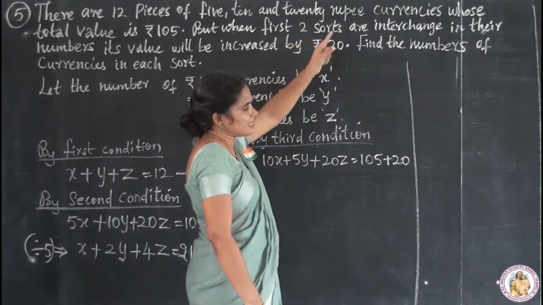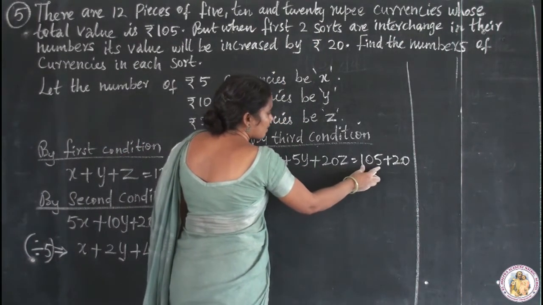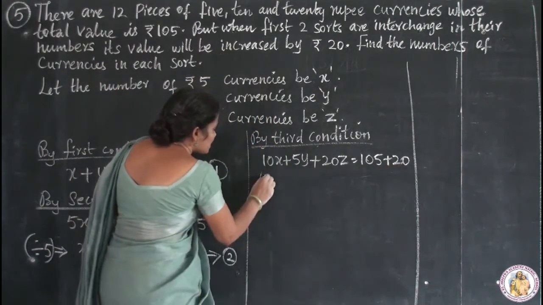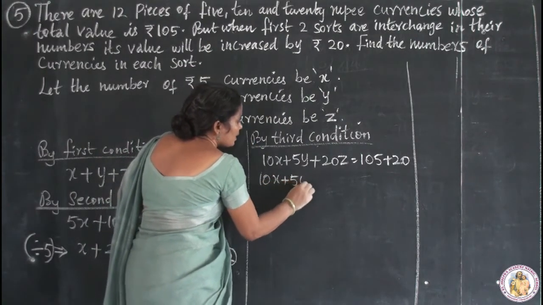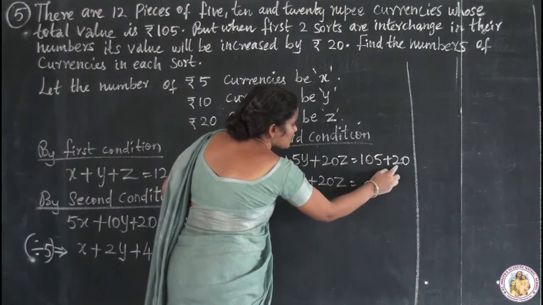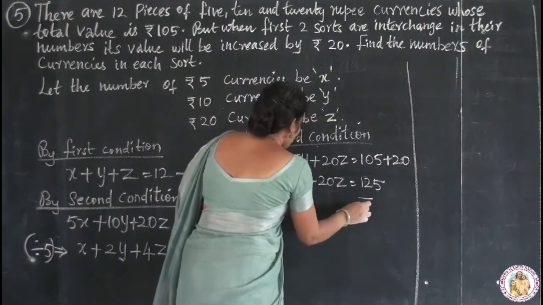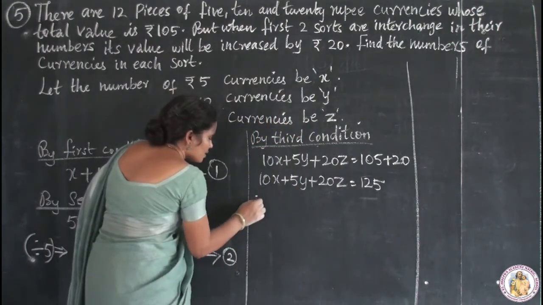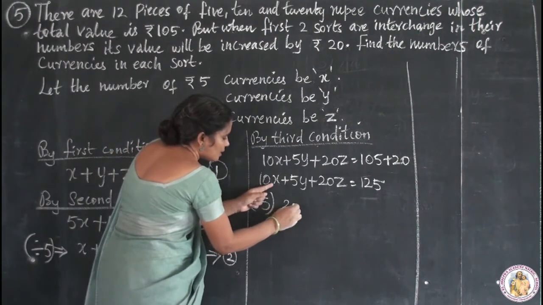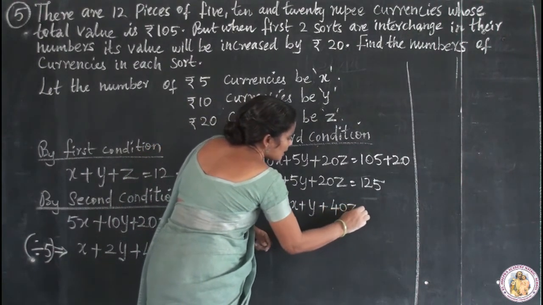First two sorts are interchanged. So 10x plus 5y plus 20z is equal to 105 plus 20 increased. So 10x plus 5y plus 20z is equal to 105 plus 20 is 125 by third condition. Even you can reduce this using 5. Divide by 5. 5 twos are 10, x plus 5 ones are 5, plus 5 fours are 20, z is equal to